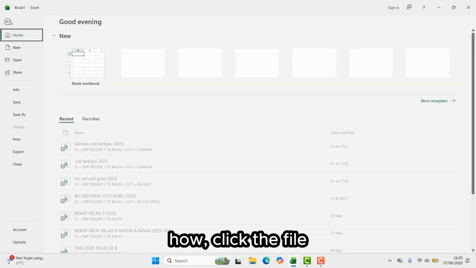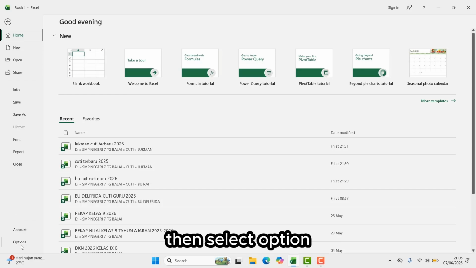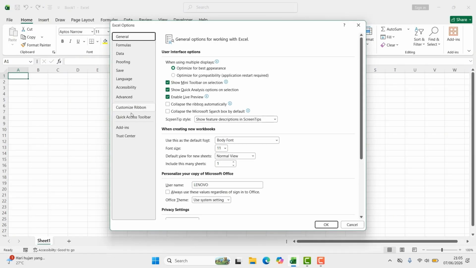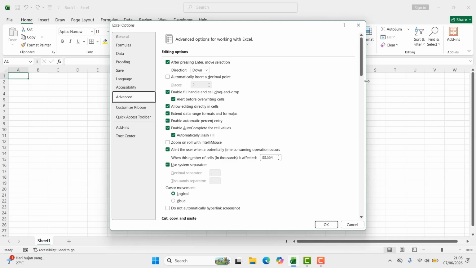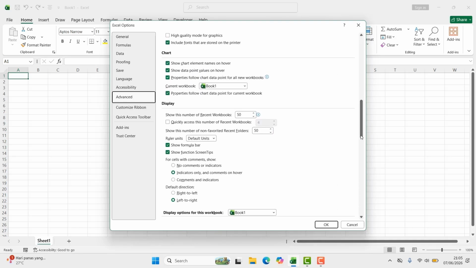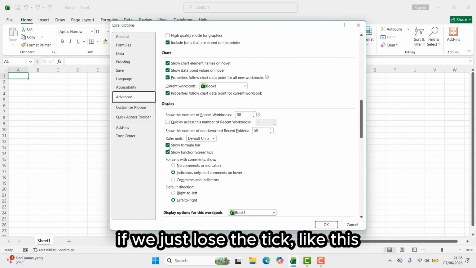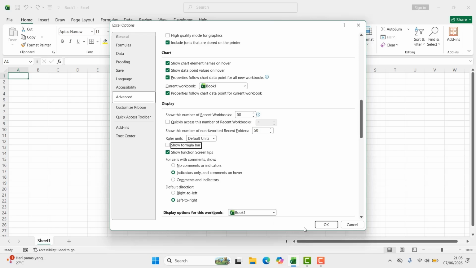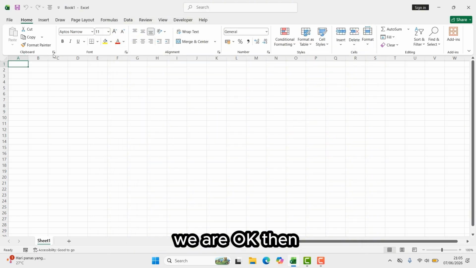How? Click File. Then select Options. Select Advanced. In the Display section, if ticked, Show formula bar, the formula bar will be displayed. If we just remove the tick, like this, and click OK,